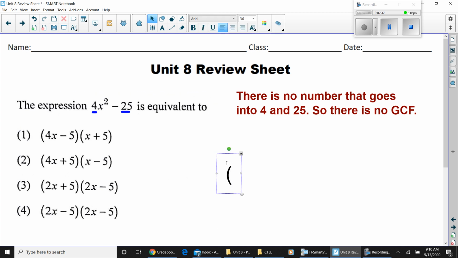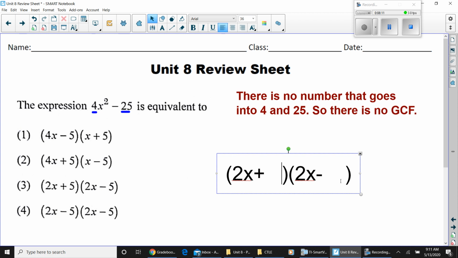So we're going to set these up, and we're basically going to ask ourselves, what is the square root? What times what equals 4x squared? 2x, right? And remember, what we're talking about here is the difference of squares. So it has to be a plus and a minus. And it does make sense because you see that negative 25,